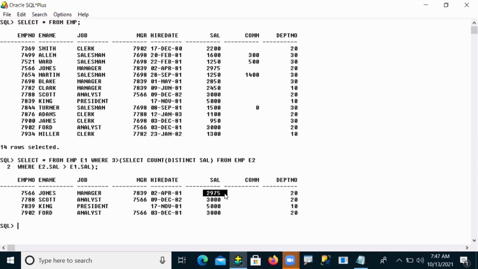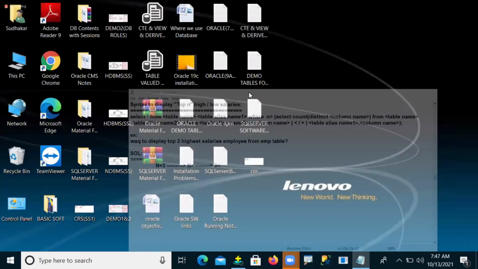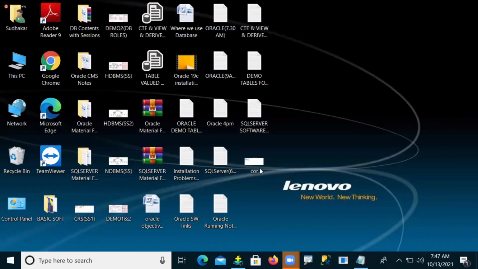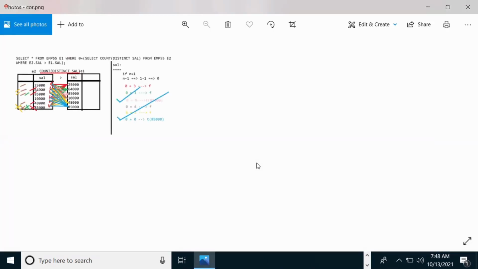Again, the same execution process that I explained yesterday, guys. The two aliases and everything will be the same.